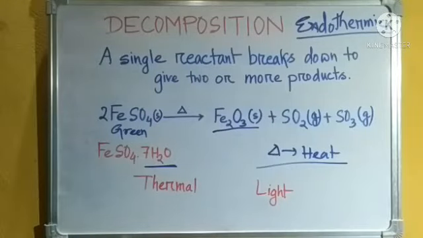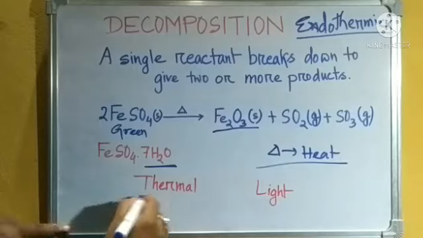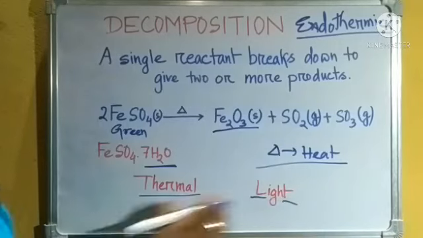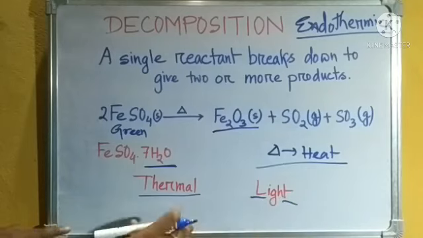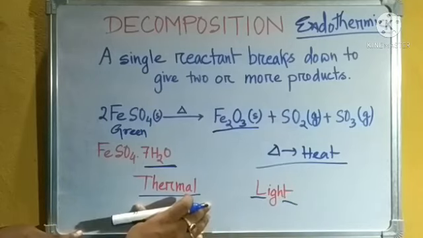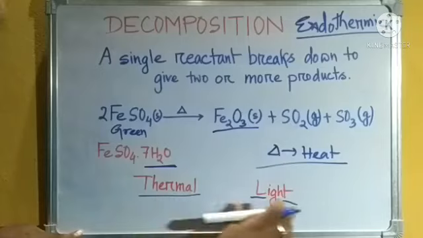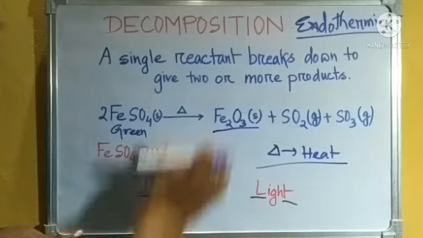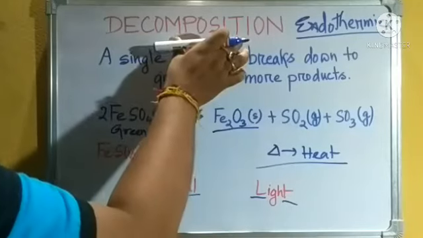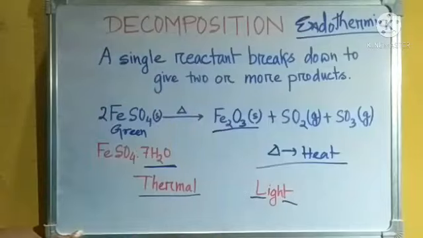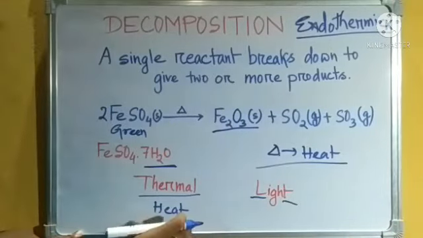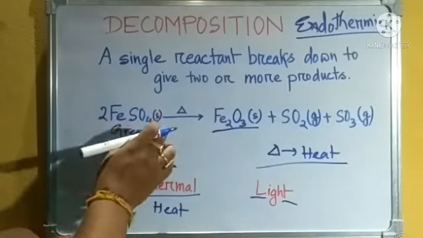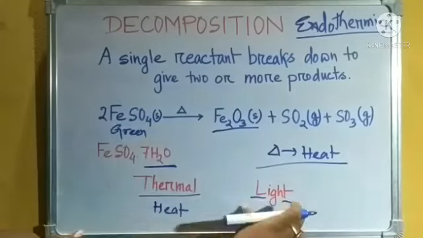Clear? Ekdam simple. Now I have written here thermal and light. So this also has a separate name. This is called photolysis, but forget about that at the higher level classes. So now you will know thermal and light. Why have I written thermal and light? Because there are two ways for decomposition to occur for any given substance. Thermal means heat. So we can use heat to break any of the substances, or we can also use light to